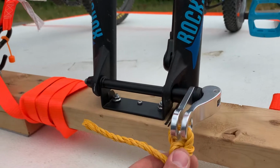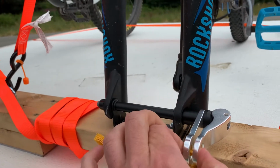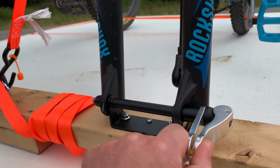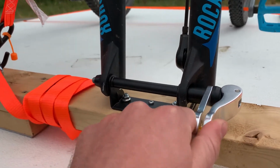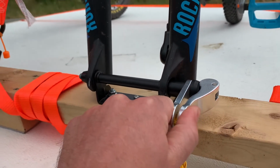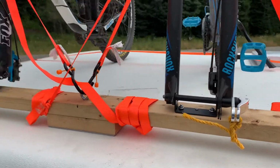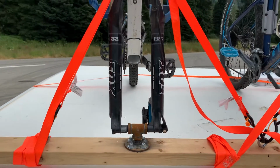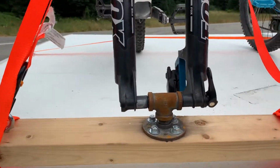Now this, I just tied a rope on. Before I put a zip strap, and I forgot to get another zip strap to put on there. The idea with this is you're also able to put a big lock on there if you want to stop it from coming off. Now on mine, because I have a through axle, what I actually did